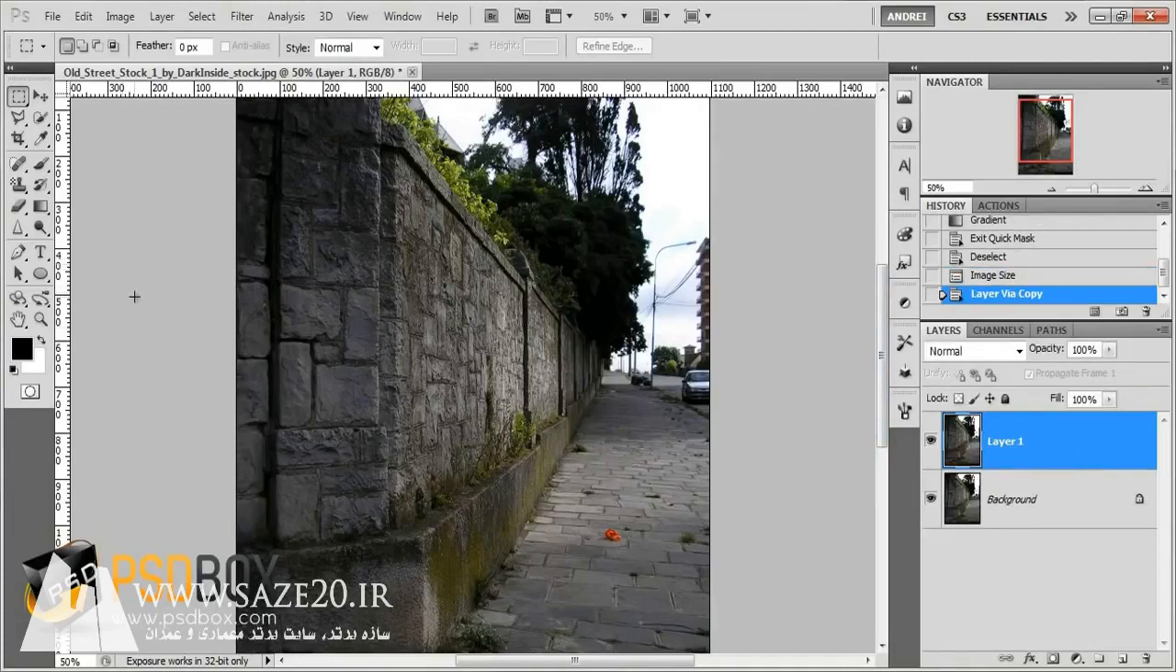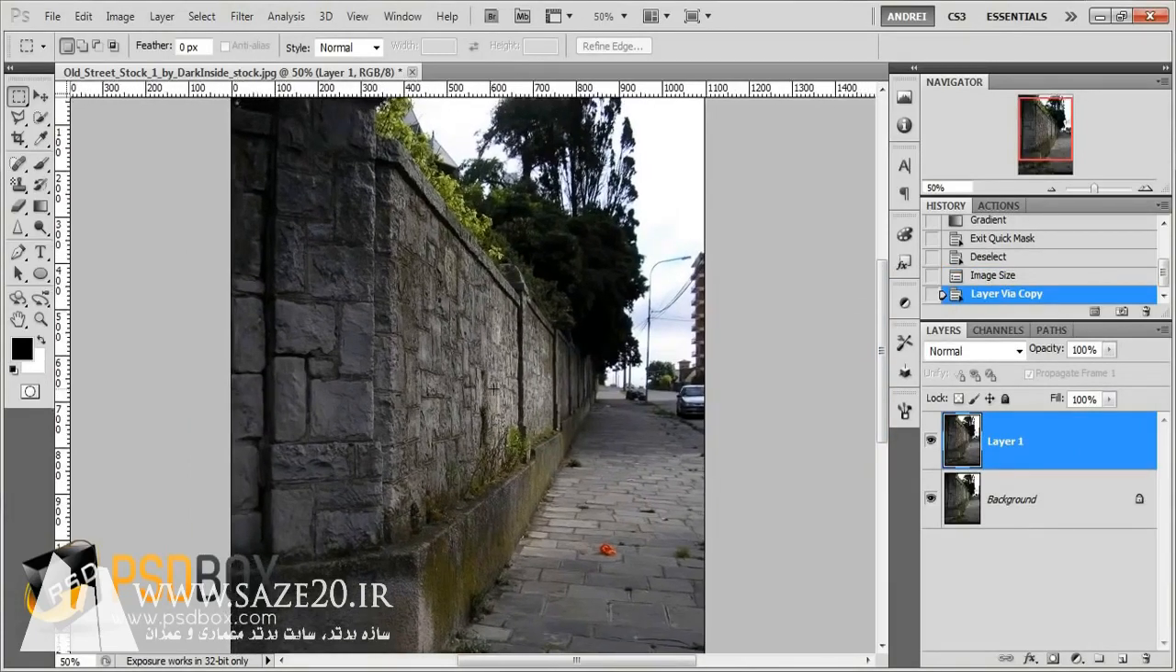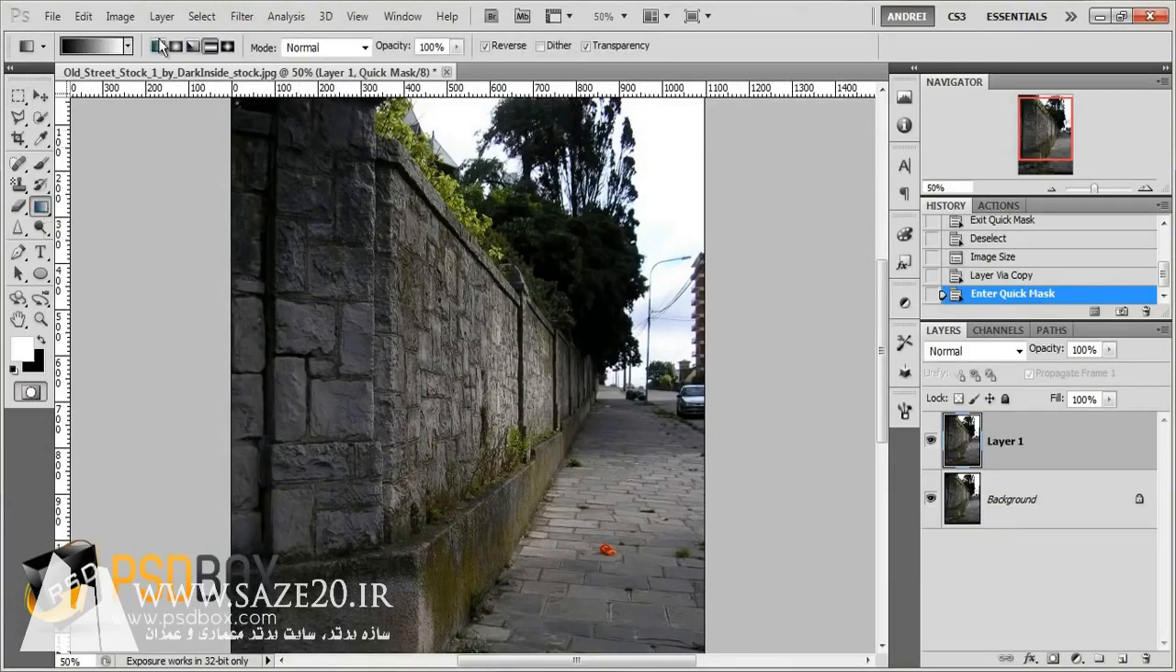The first thing I'll do is duplicate the background, and in a second I'll also show you why you should use the lens blur filter, because you can create some more advanced stuff with that, a more complex depth of field. But for a simple image like this one, you'll first activate the quick mask mode, get the gradient tool,